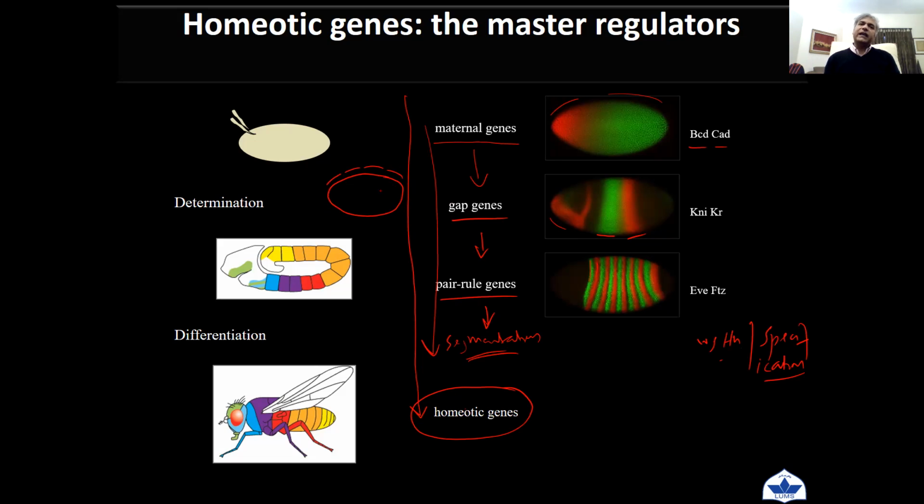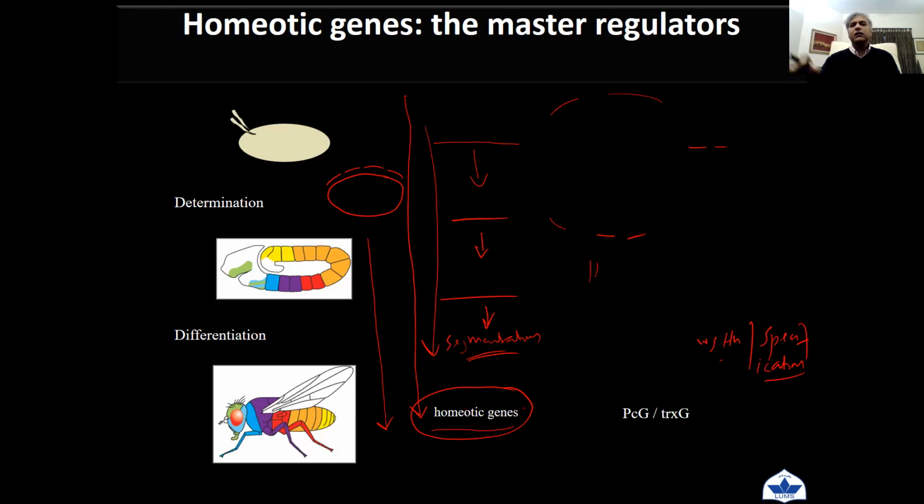And their characteristic expression in different segments needs to be maintained forever throughout the development, all the way till adulthood. That expression pattern is maintained by a group of genes called polycomb group and trithorax group proteins. This is also the subject of research in my lab. So let's say a homeotic gene is on here and off in these segments,